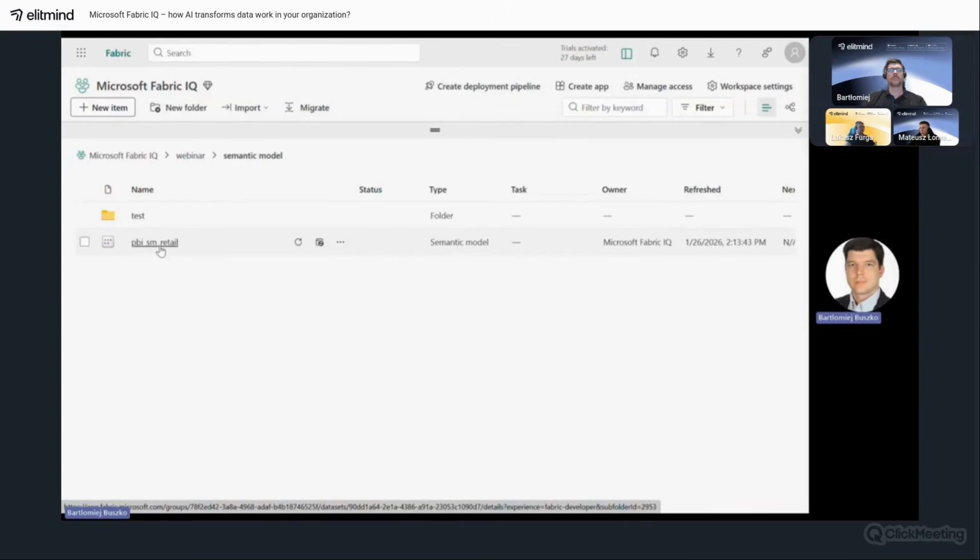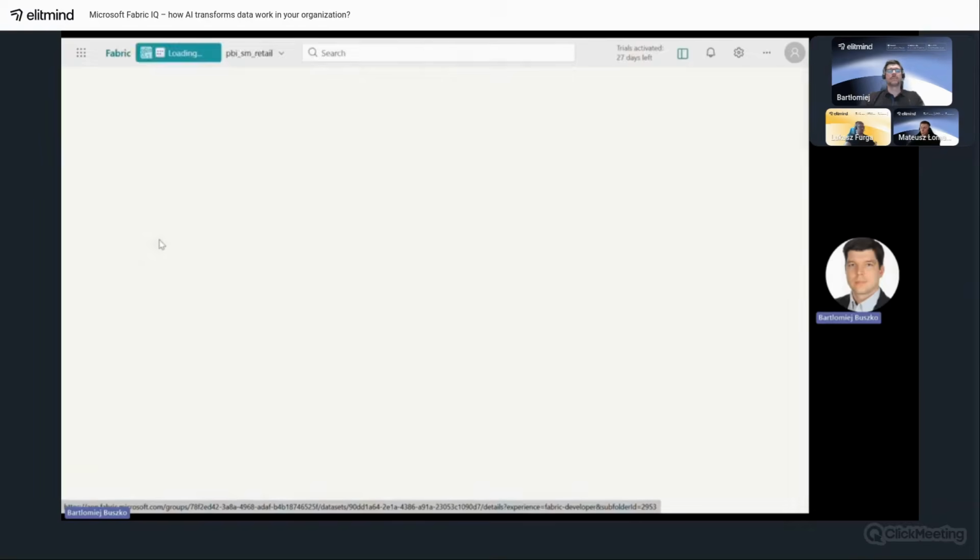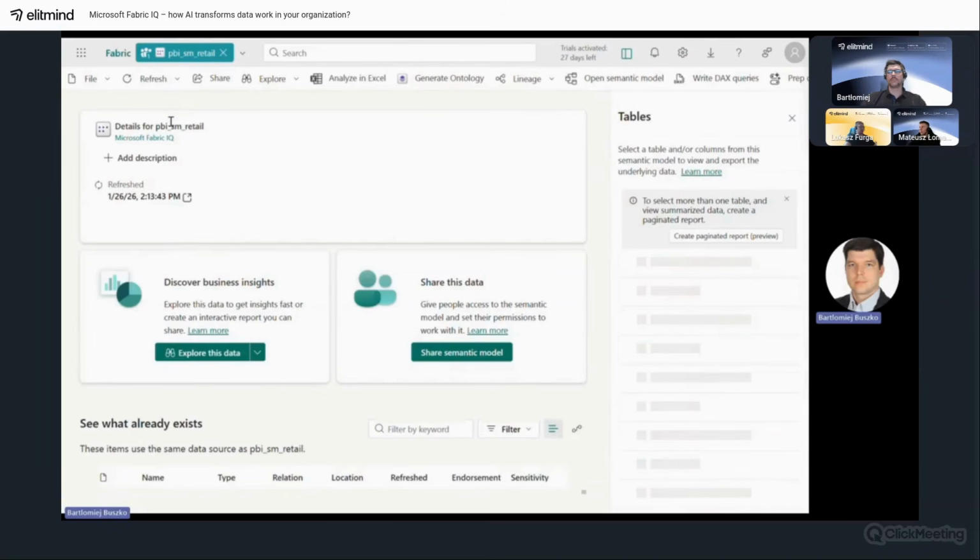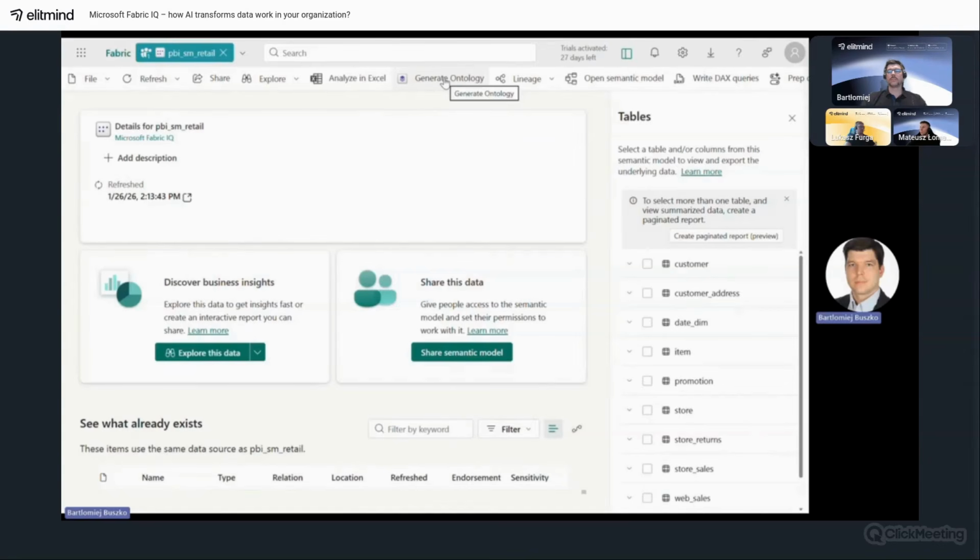So first of all, we have a semantic model created. This is a Direct Lake semantic model. Why Direct Lake? Because it has the best capabilities when it comes to generating ontologies when compared to other semantic model types.